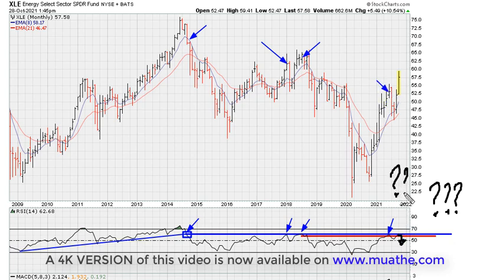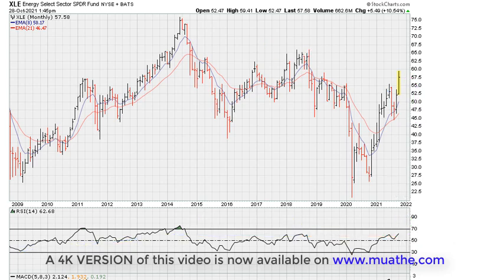So if the energy space, if crude oil is to move higher, we need to see evidence by moving above both of these lines. But for some reason, I lean towards the possibility of resistance on the two lines and pointing down, which in other words could be setting the stage for a push downwards in the energy space.